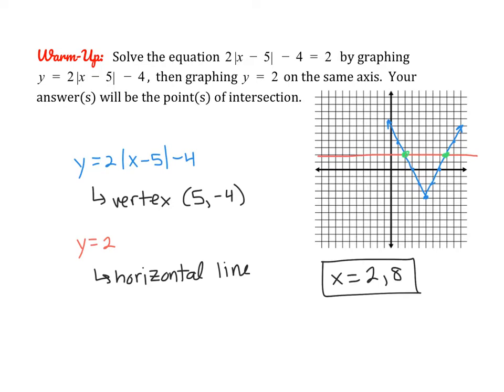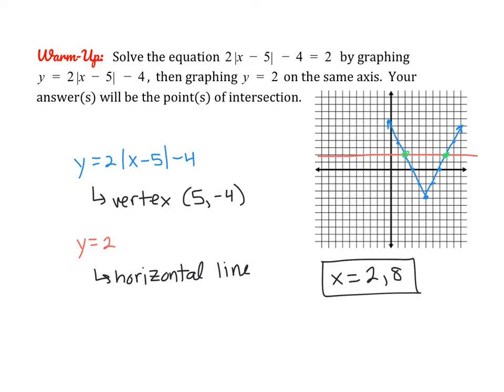Okay, so you can see here that we were able to solve this equation by graphing and actually saying, okay, let's graph the left side, let's graph the right side, and see where they're equal. So you can graph this, it's graphed in blue here. So remember, this is an absolute value function that has a vertex at 5, -4. So right here, and then you can follow that slope of 2 going to the right, and reflect it going